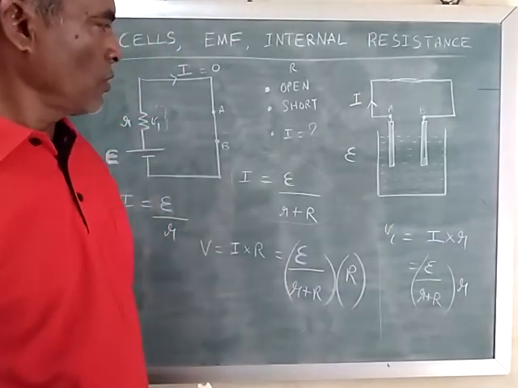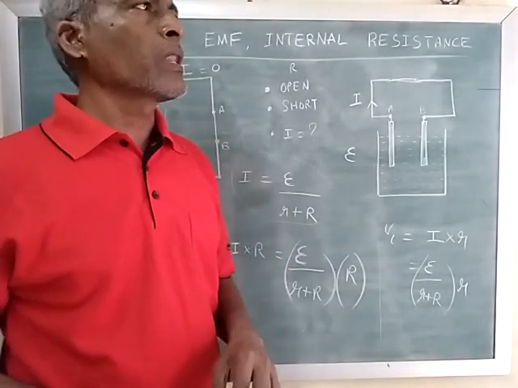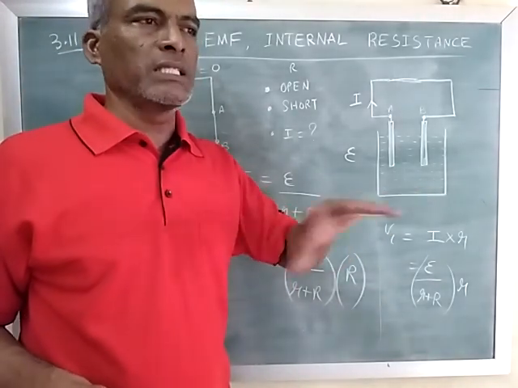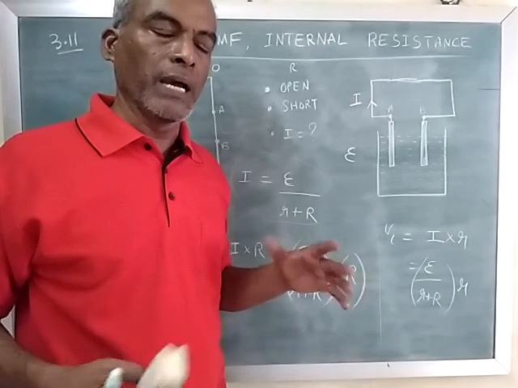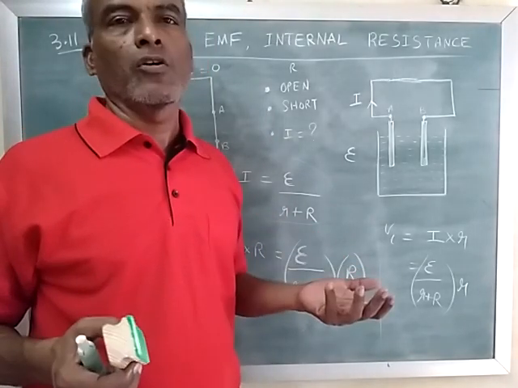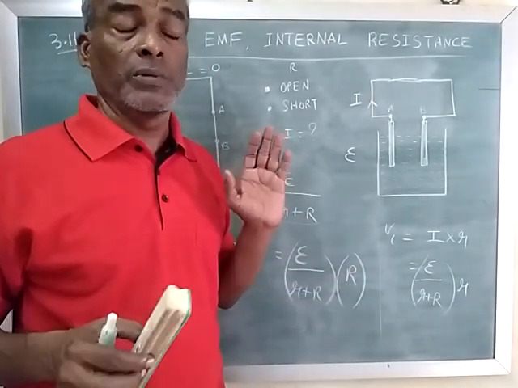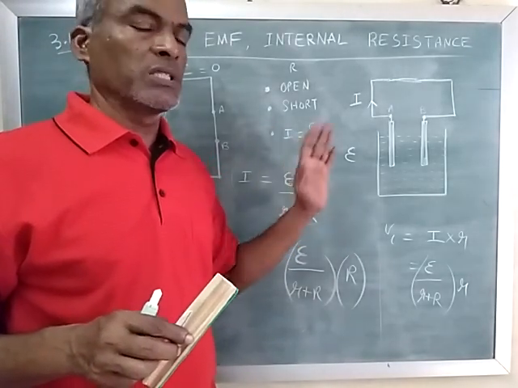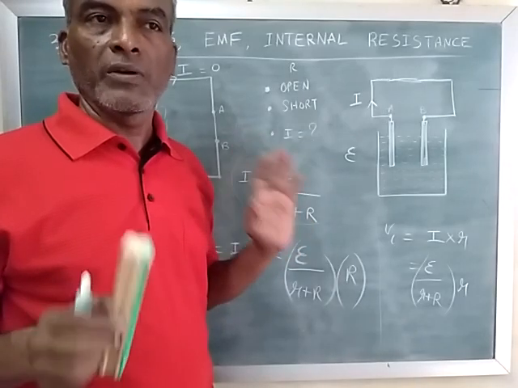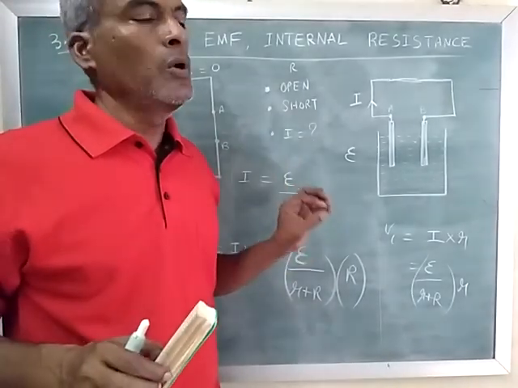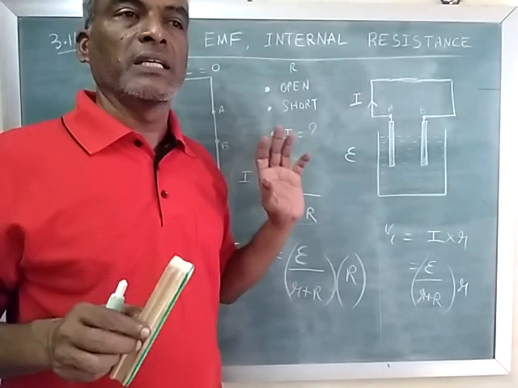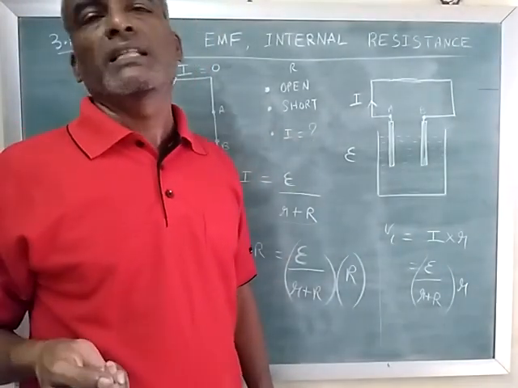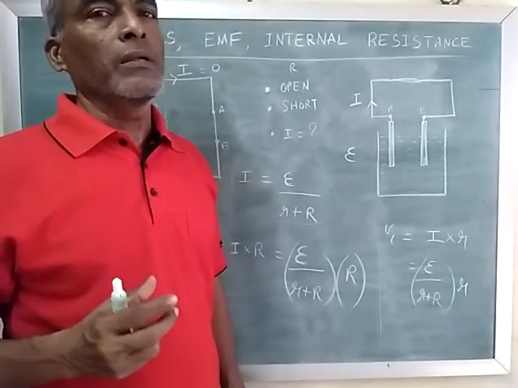So one more point I want to tell you is, now you are seeing only one cell. Suppose cells are connected in series or parallel, then it becomes a battery. You can have series and parallel combinations. So in that case also you should be very cautious. If there is any electrical short circuiting or excess current, then there will be a big fire, since it's a battery. So whenever you handle a battery, see that the terminals are not short circuited and that it does not exceed the current rating of the particular battery.